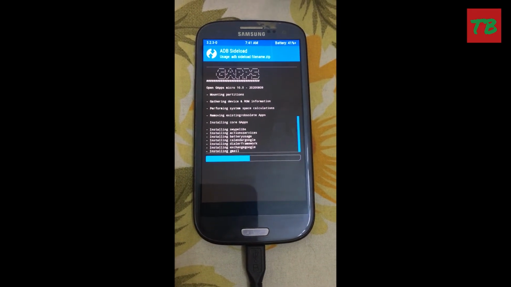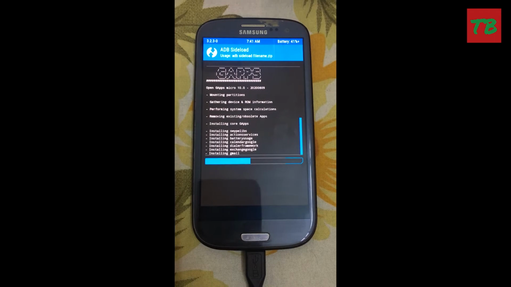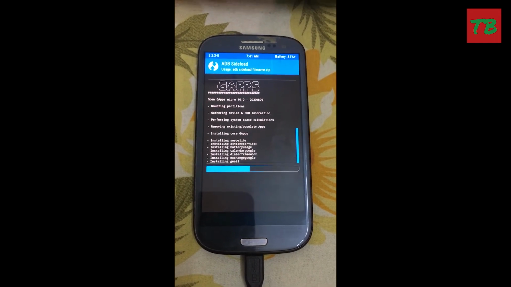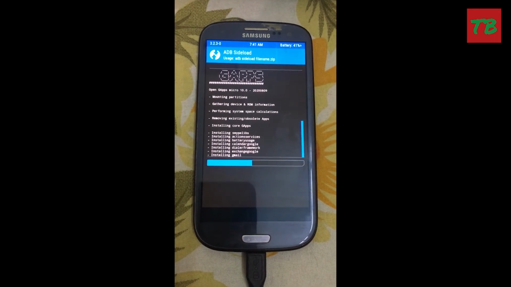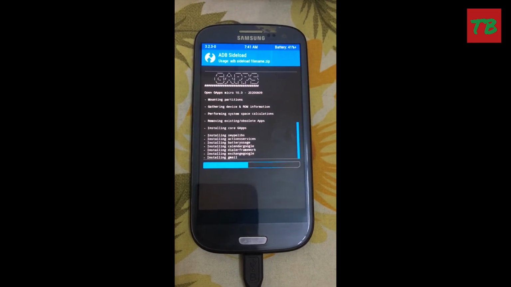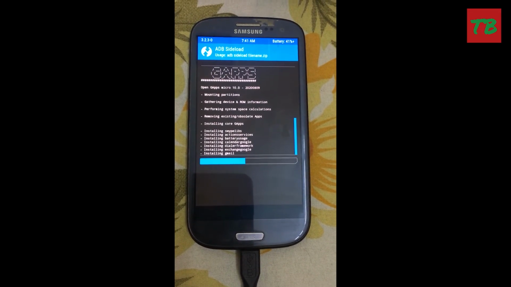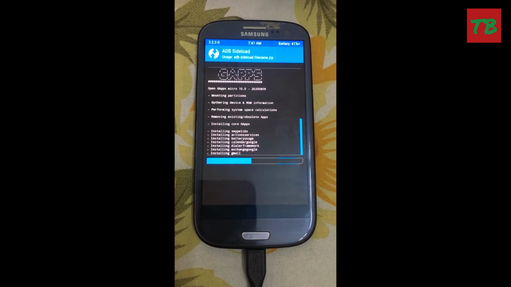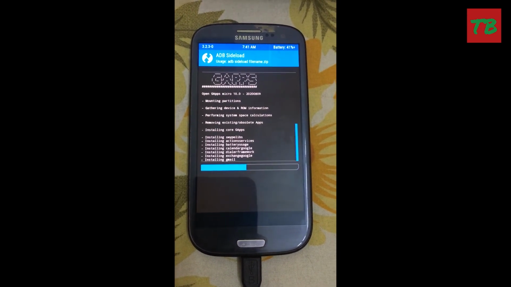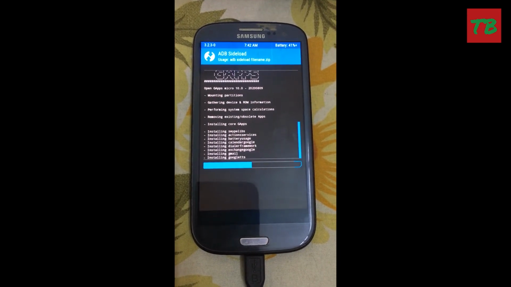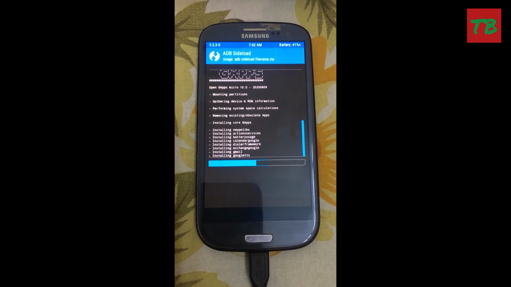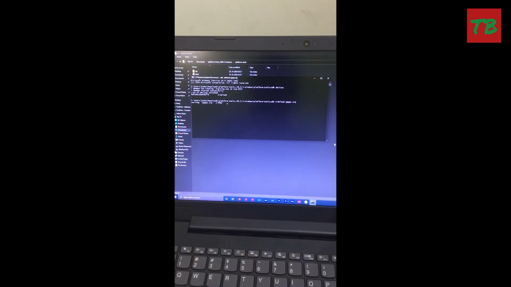So I rebooted to TWRP recovery, I wiped Dalvik cache and data, and then I'm using the ADB sideload feature to install GApps on this. I already installed the ROM. After installing the ROM, I'm sideloading the Google Apps using the ADB sideload feature.